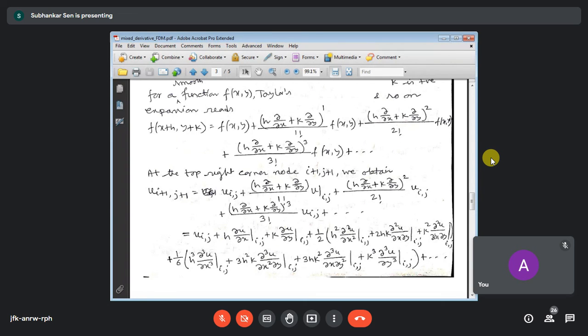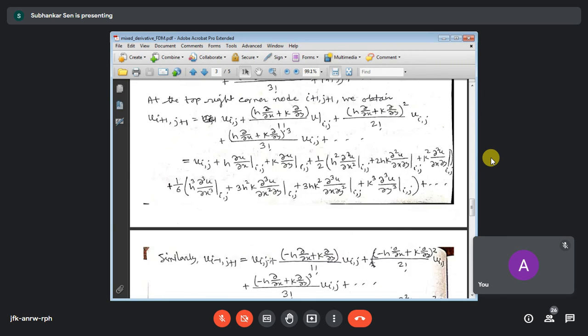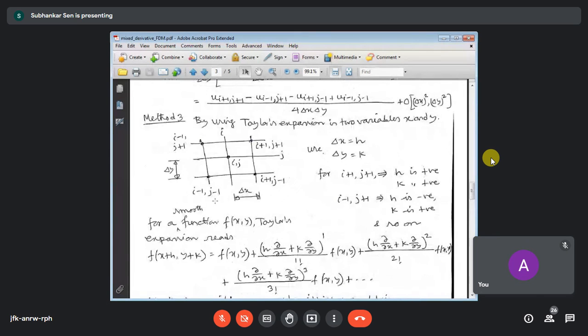This is certainly incorrect, you easily understand. This is ∂²/∂x², so it must be ∂²/∂y², at point ij. And then this is for the cubic term: a cube plus 3a square b plus 3ab square plus b cube, and this is giving factorial 3, 1/6. So these terms we are showing, and then we can find out the Taylor expansion for this corner point, u(i-1, j+1).